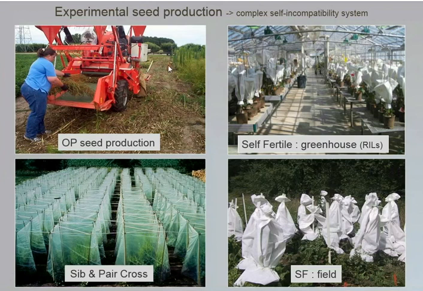As far as experimental seed production, about what we do here, we do open pollinated seed production, and we can thresh it at times, so we can grow some fairly large plots. It's possible to do sibling and pair crosses, and here each one of these plastic tents contains a pollinator and a CMS, or maybe two pollinators you want to intercross. So you get some sib mating, you get some pair crossing, and this all relies then on a complex